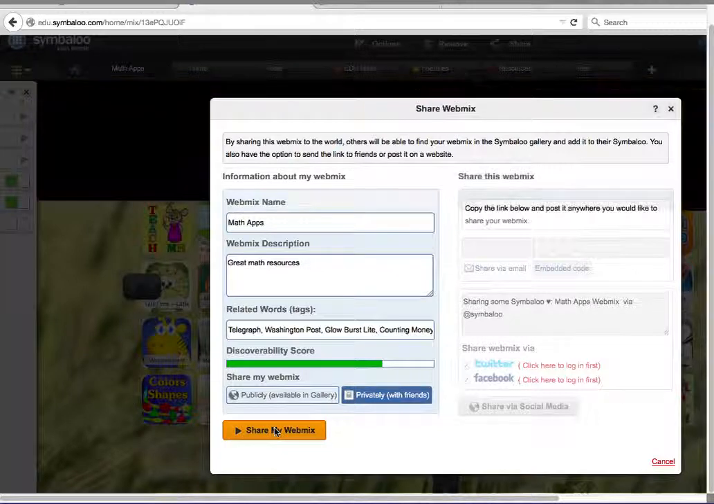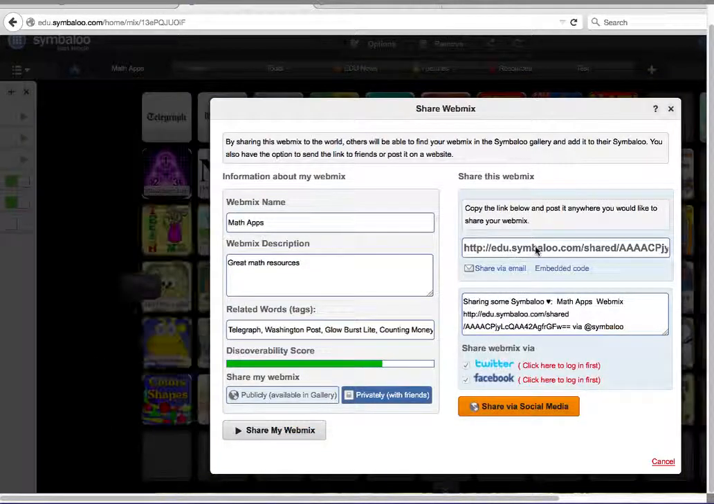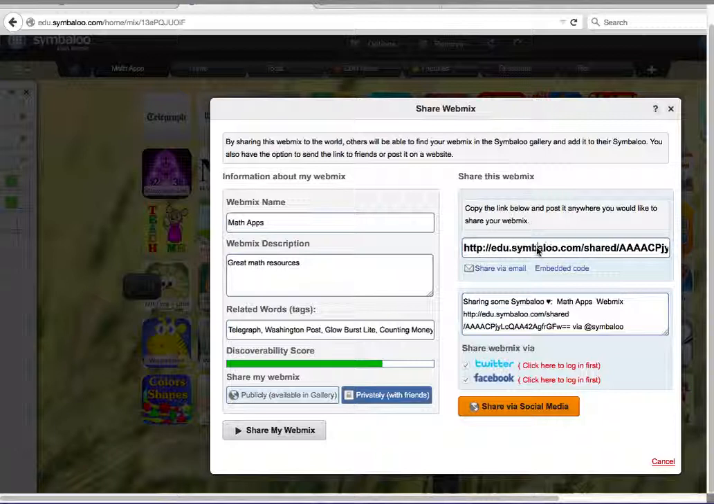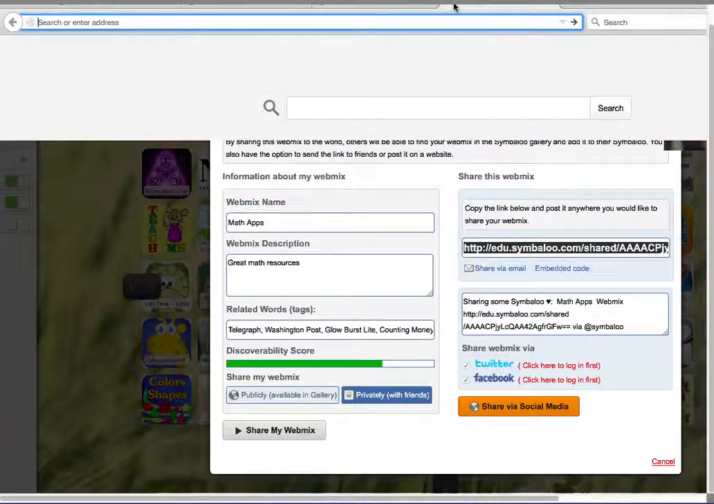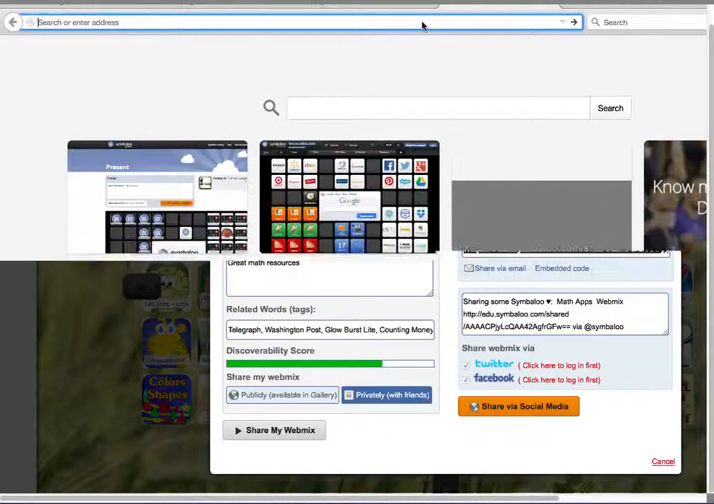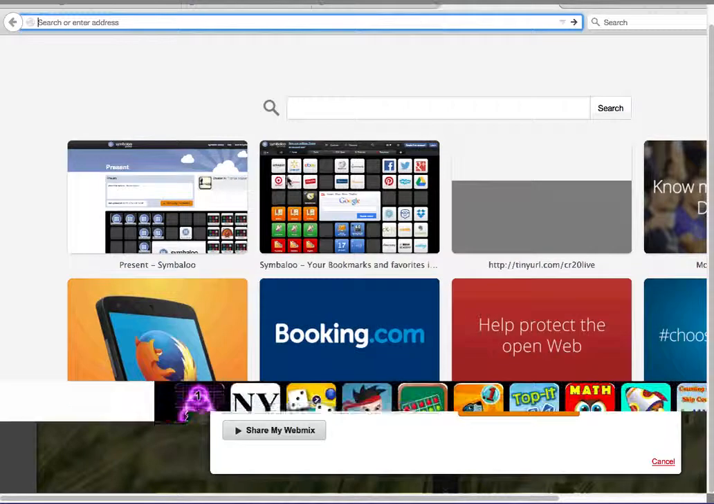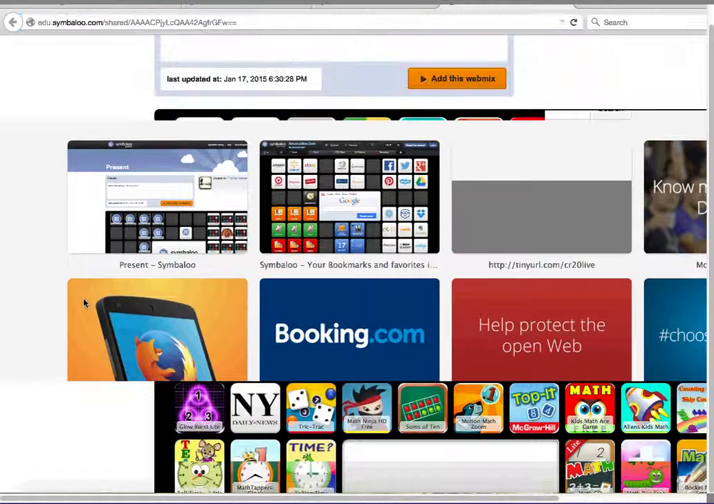And then you click Share My Webmix, and a unique URL is generated, and then you can use this here, share via email, or you just copy and paste it and tweet it, or Facebook it, or whatever you want to do with it. Just wanted to show you real quick. This is the preview,